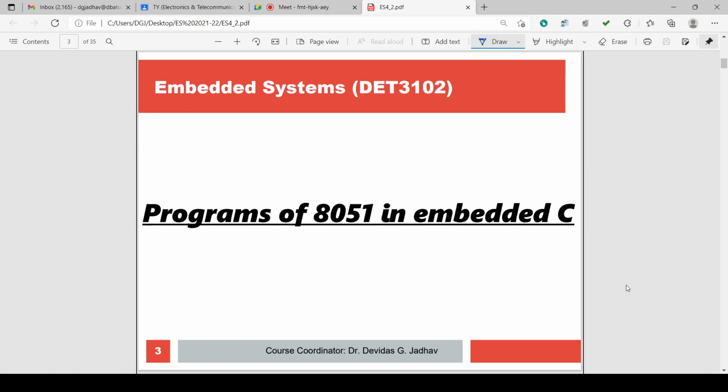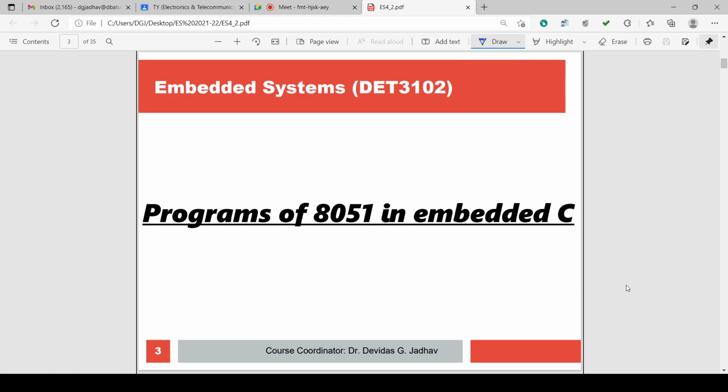The programs of 8051 in embedded C we have discussed, and parallelly we have discussed the use, installation, the menus, and how to use the debugging facility for simulating the embedded C programs and how to check the port outputs. We have discussed in the previous lectures.